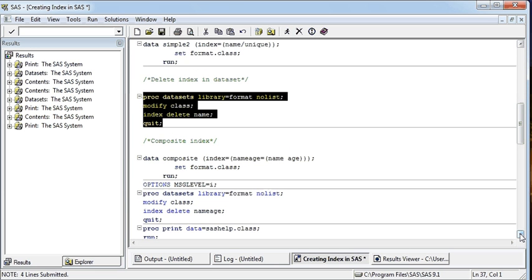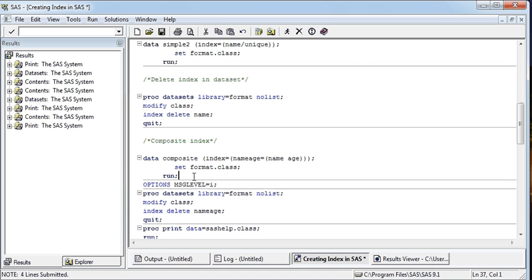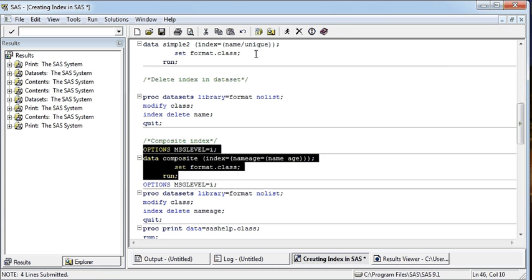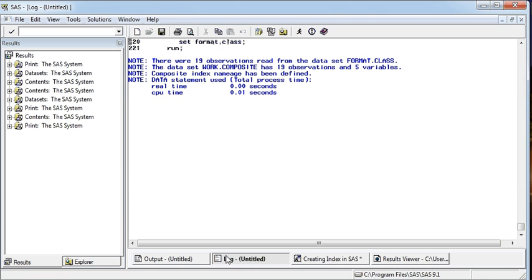And here I'm creating this index where I'm going to use this option statement. This is a composite index. A composite index is where we create an index for two variables. In this example I'm using name and age, so I'm naming this nameage. So let's see. Composite index nameage has been defined.